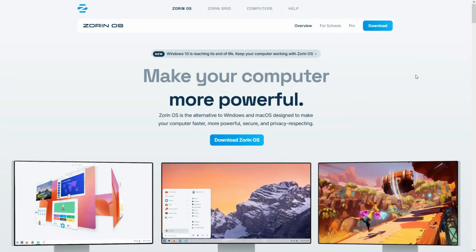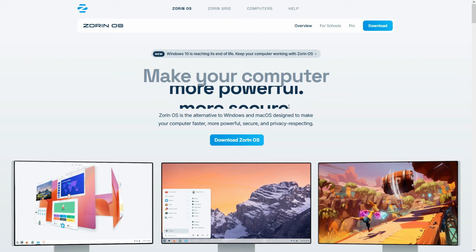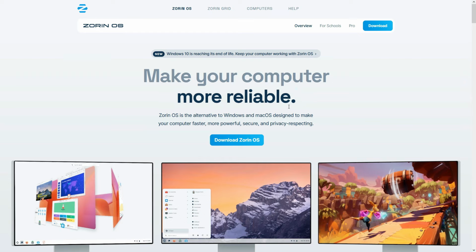So Zorin OS, the Linux distribution that aims to make your computer better, faster, and easier, more powerful, anything, you name it. Zorin OS can provide that for you. While Zorin OS is a decent Linux distribution, and we cannot deny that fact, that's not actually the reason I'm installing it today. The reason I'm installing Zorin OS today is just to revisit it again, because Zorin OS was actually the first Linux distribution that I ever installed and used in my life.